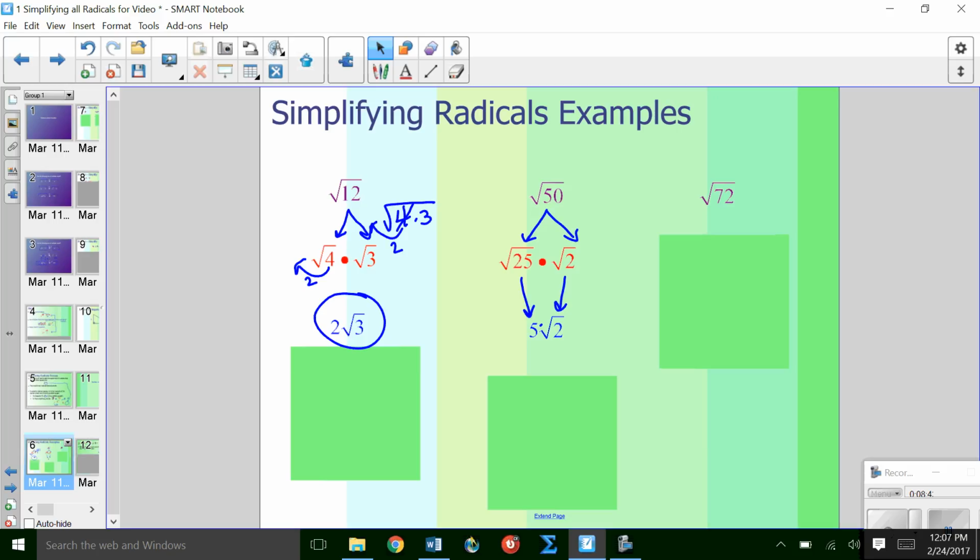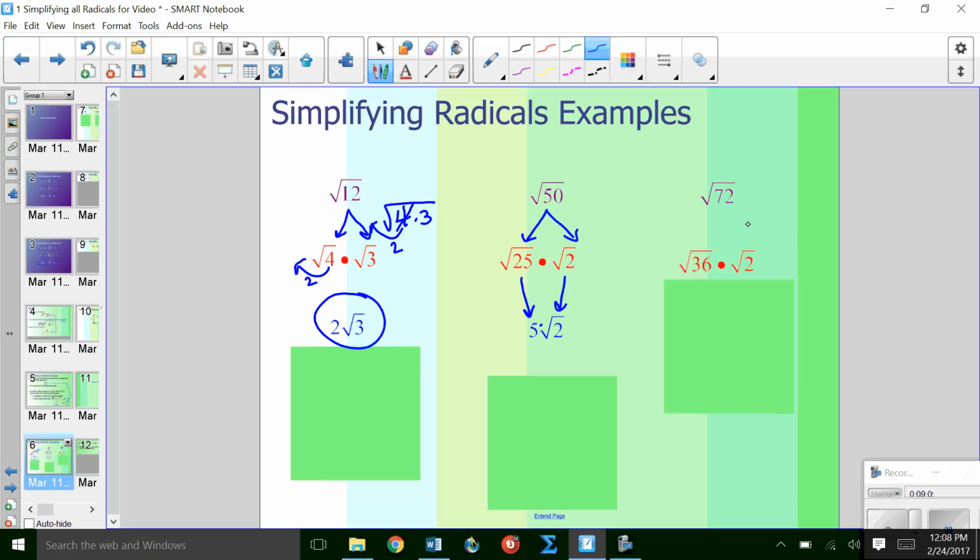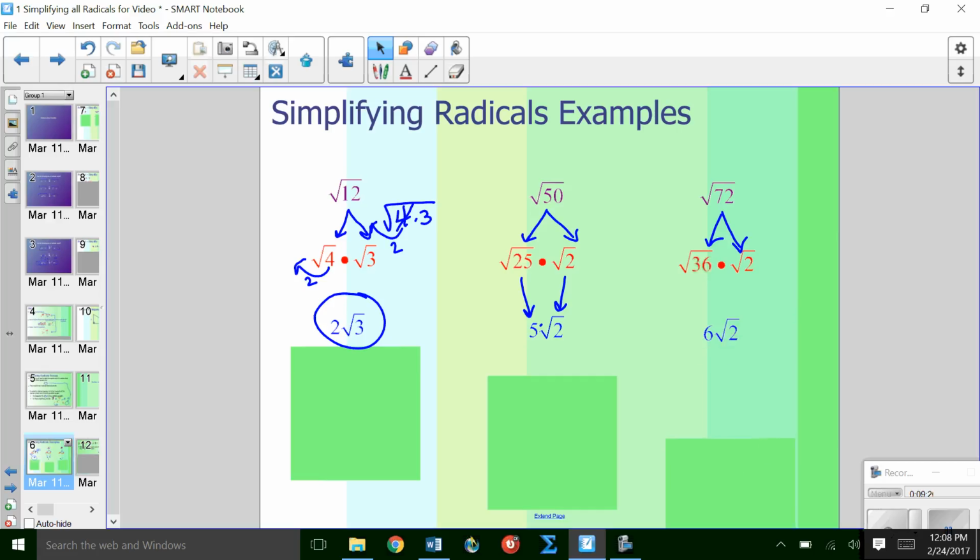And lastly, we have the square root of 72. 72 can be broken down into a couple different perfect square factors. There is 9 that's a factor of 72, but there's also 36. Those are both perfect squares. You're going to want to look for the highest possible perfect square that's a factor of your number. So we're going to use 36 as the factor there. And when you break that apart into 36 times 2, square root of 36 times square root of 2, you can take the square root of 36 as 6